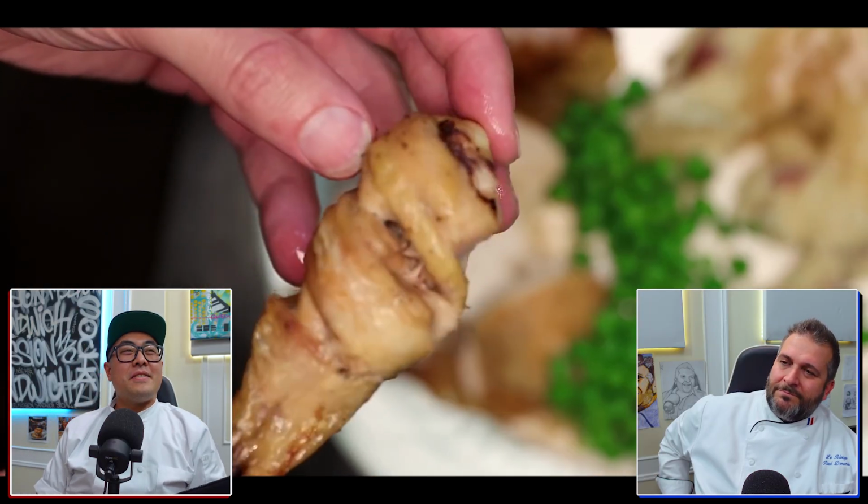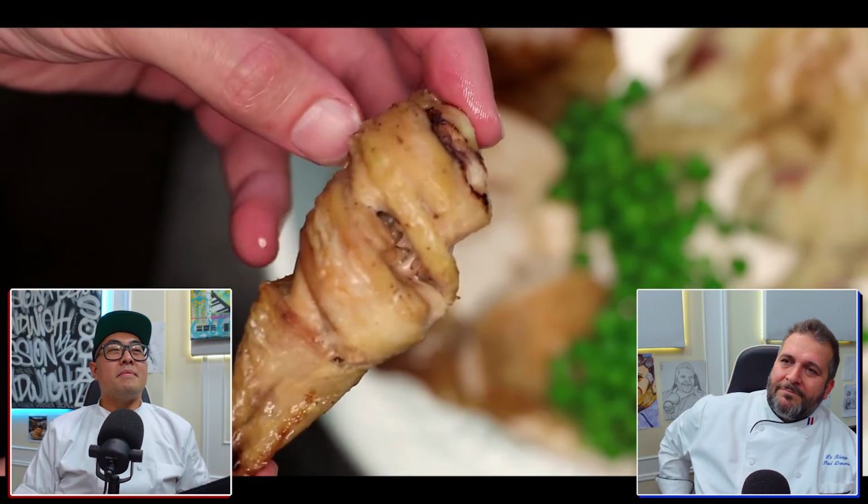Oh, remember those scored legs? Look at all that extra surface area. It's so well browned, it's so well seasoned. It also pulls apart like barbecue because the scoring allows...